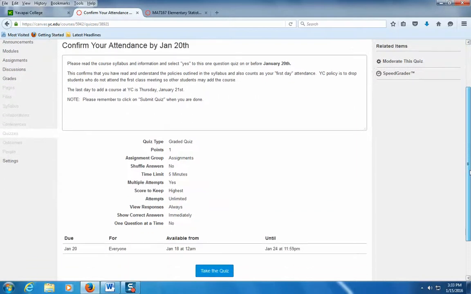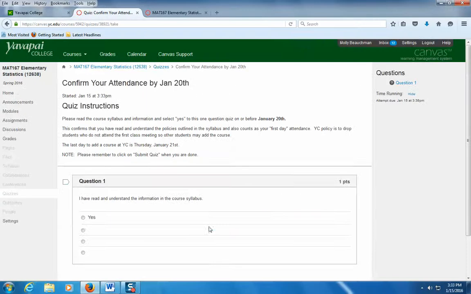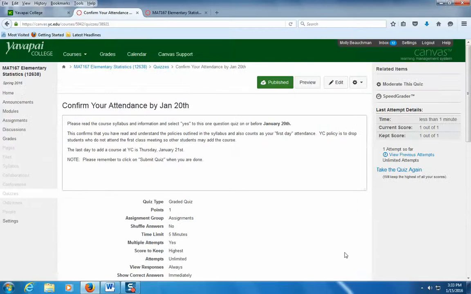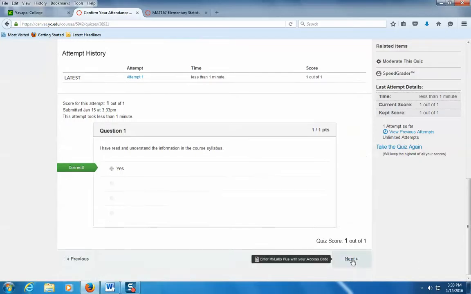So when you see the quiz, you'll take your quiz. It's a one-choice, multiple choice test: I've read and understand the information in the syllabus. Yes, and then click on submit. And that is pretty quick and easy to confirm your attendance the first day. All right, then next,